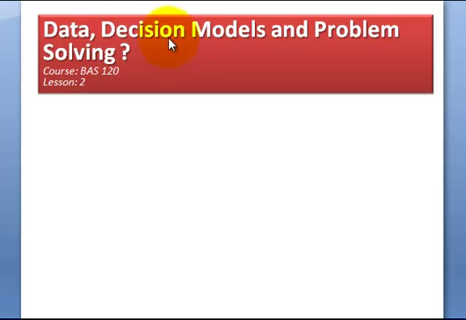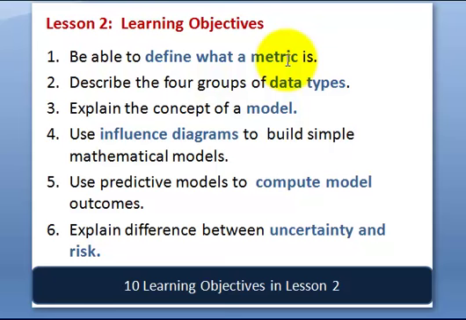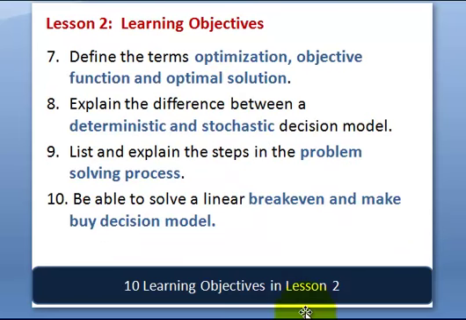Today we're going to talk about data, decision models, and problem solving, part of BAS 120, lesson number 2, which we may split into 2 videos because there's a lot to cover here. Some of the things that we'll be covering is defining what a metric is, 4 different groups of data types, the concept of a decision model, how to do influence diagrams, how to compute a model, the difference between uncertainty and risk, some of the terms optimization, objective function, and optimal solution,